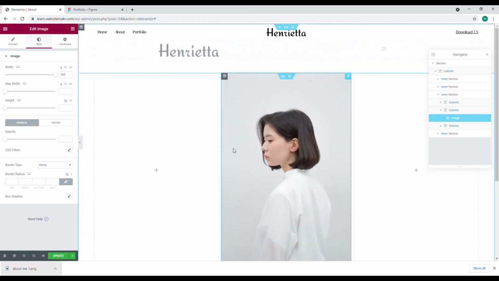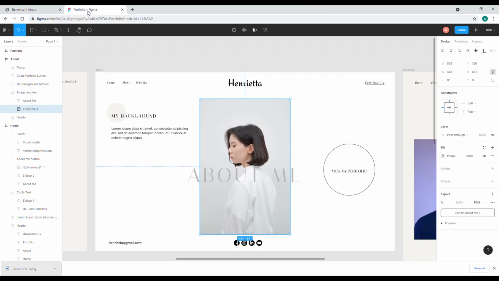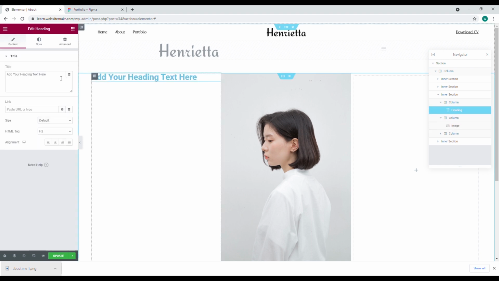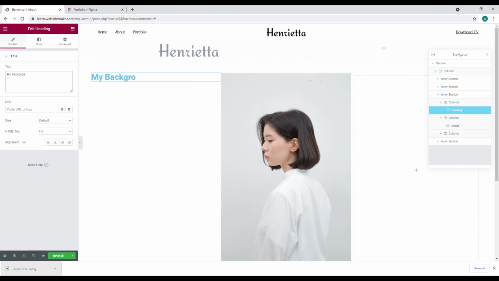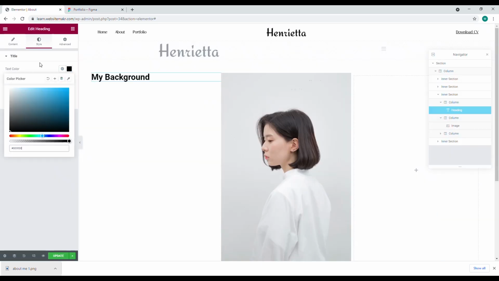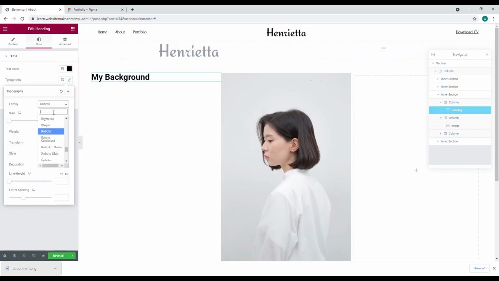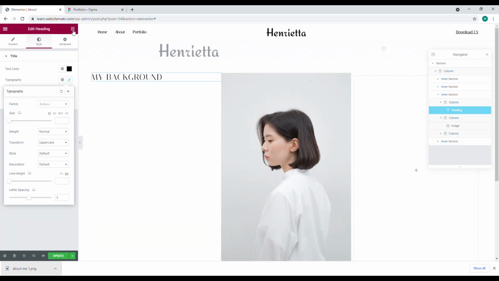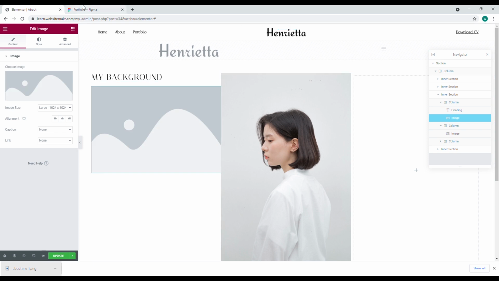be like this full, and then we'll add this text here, and then I'm just gonna name this background, right? Change the colors, and then the font to the same Italiana, right? And then we have this, change this to uppercase, and the weight of the font is normal, and the letter spacing to 2. And then I will add this image because we need to add this icon, I mean the